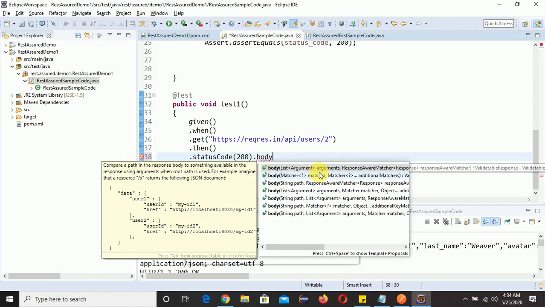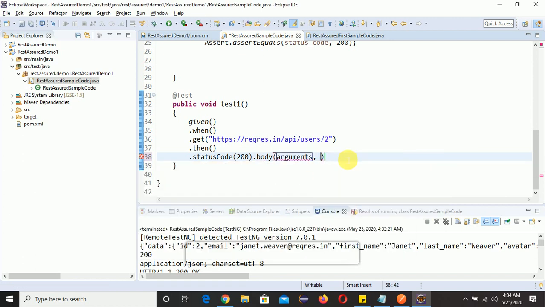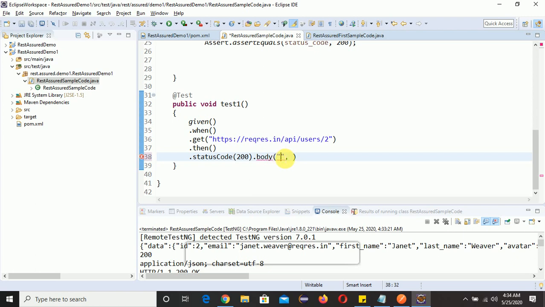Instead of these two things, we'll pass data dot id, and should be equal to, right?